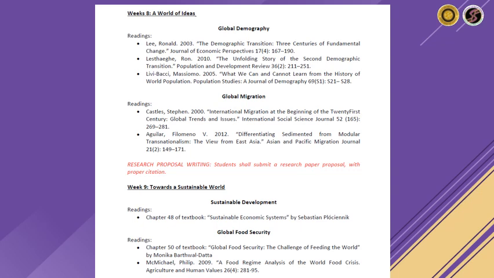So here there's a red text which says that you are to write your research proposal. So you're expected to submit a research paper with proper citation. If we have time, we will push through that objective. But if we lack the time because of too many topics to discuss, then maybe I can ask you to